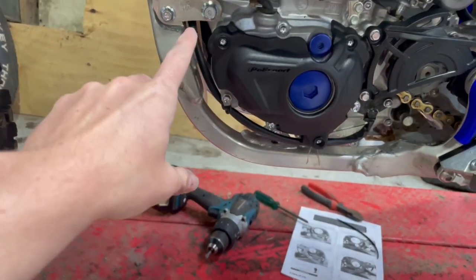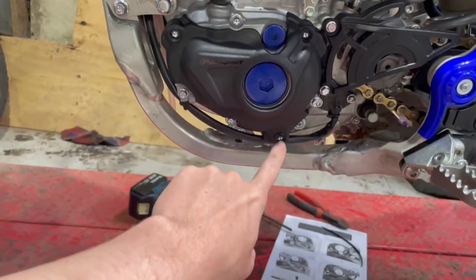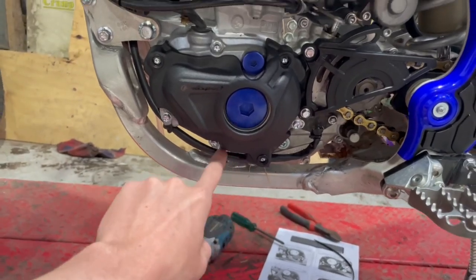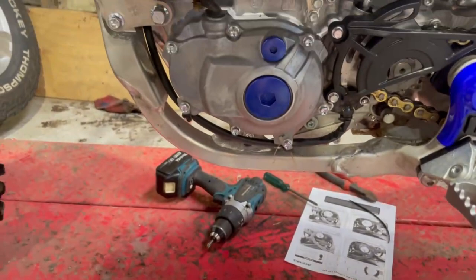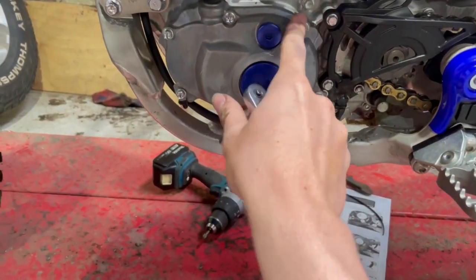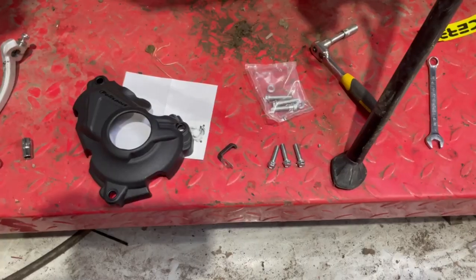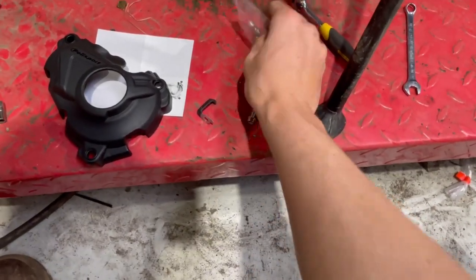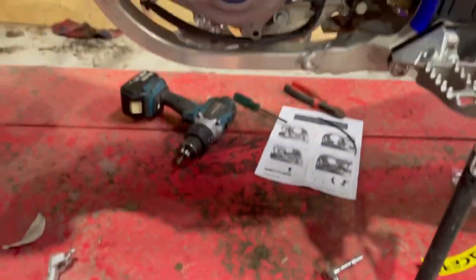So as you can see, we need to take off that bolt, and the one down here near this wire. Just a word of advice, the 3 bolts, that one, and that one, appear to be a 5/16 size. Now that you have the 3 stock bolts off, you can take the 3 Polisport ones and insert them on